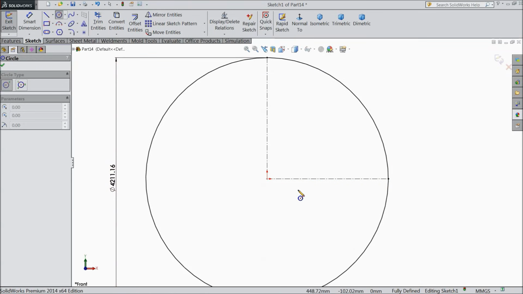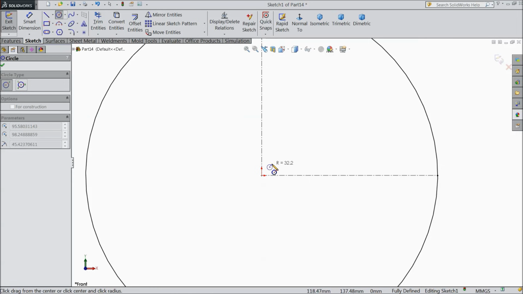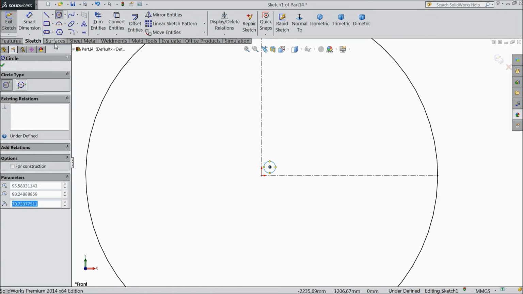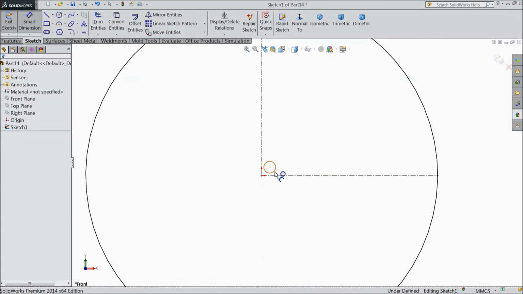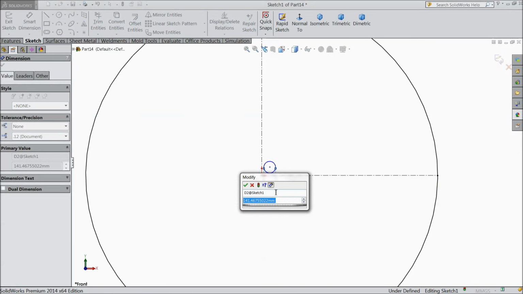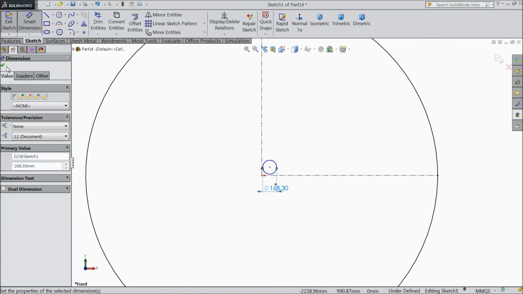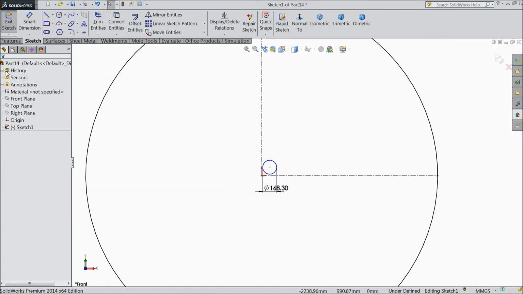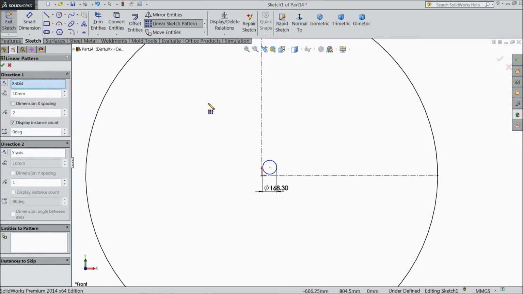Now select circle and draw one circle here and keep the diameter 168.3 mm. Select OK. Now choose linear pattern. Select this circle.